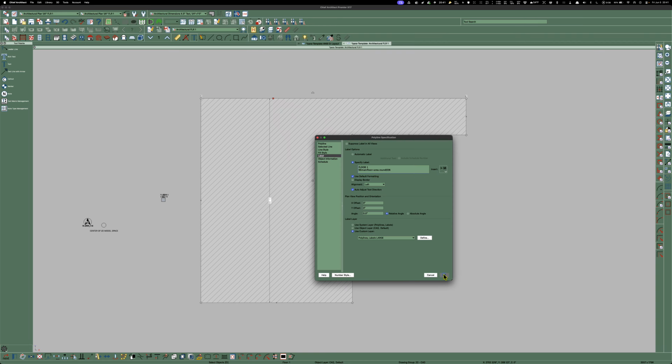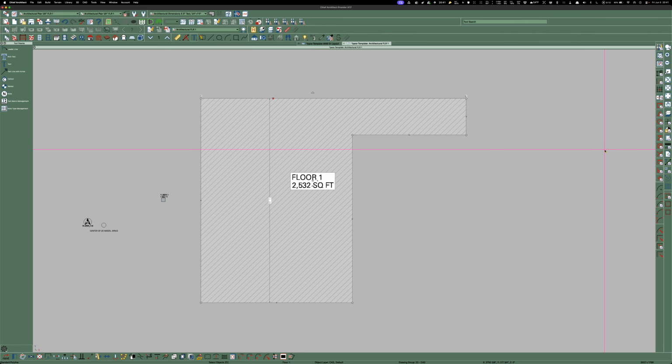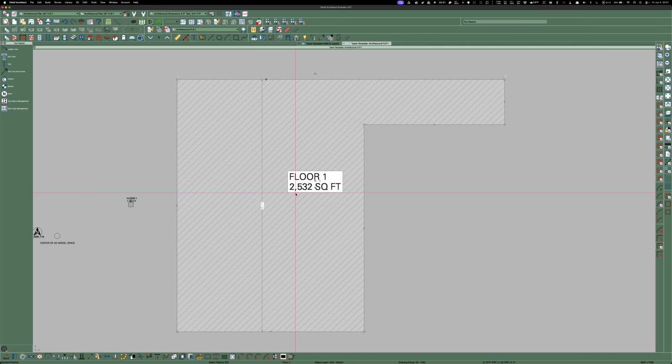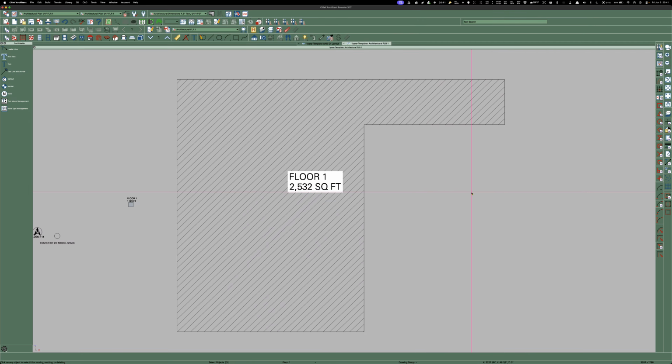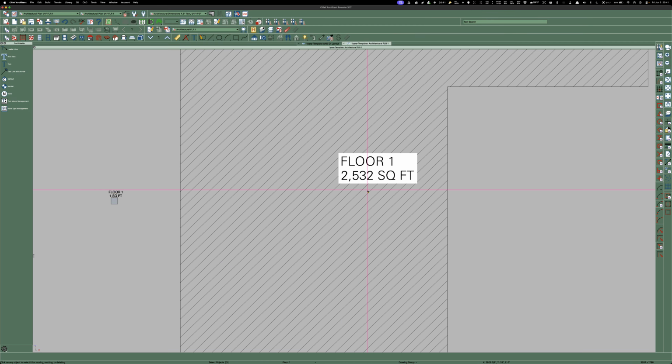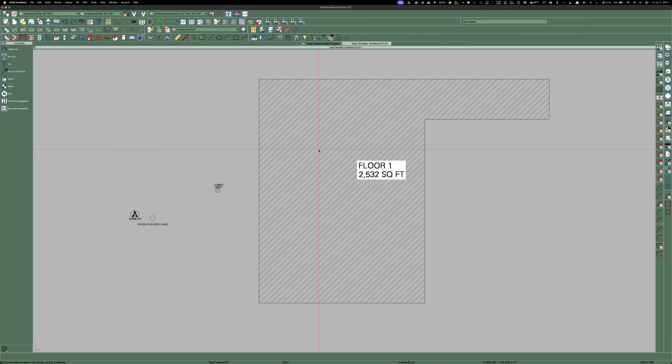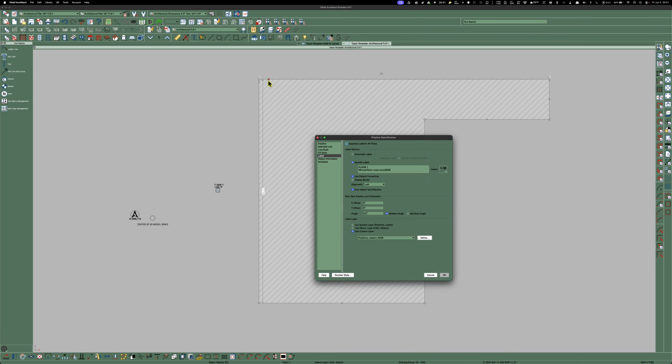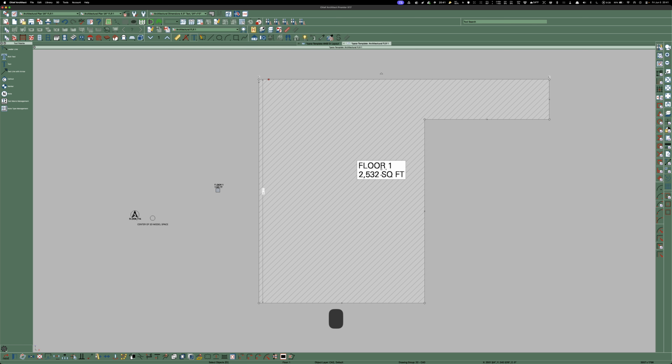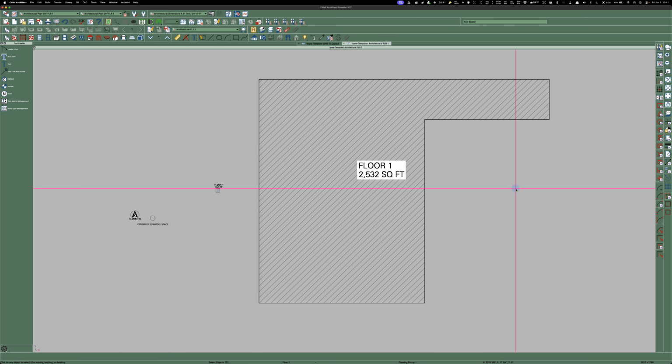And let's see, I'll have to turn on that layer probably. No, there it is. Floor 1, 2,532 square feet. So that's how big that is. And some people are saying that it's hard to see because I'm recording on a 4K monitor. So I apologize, but